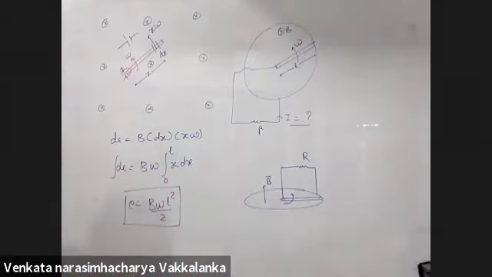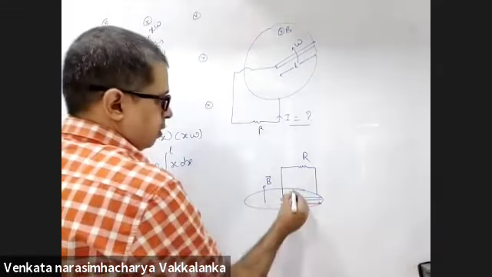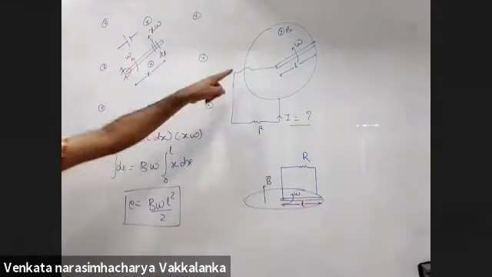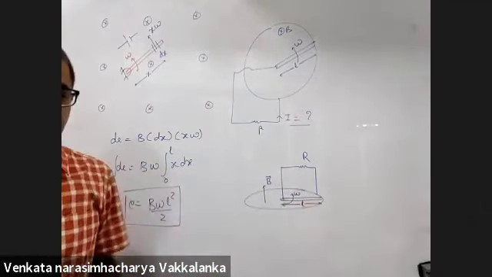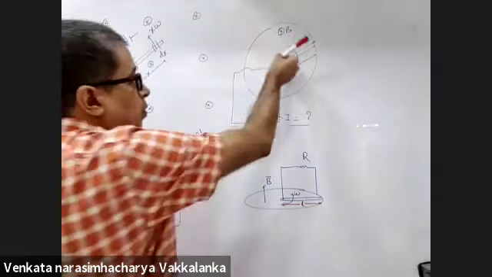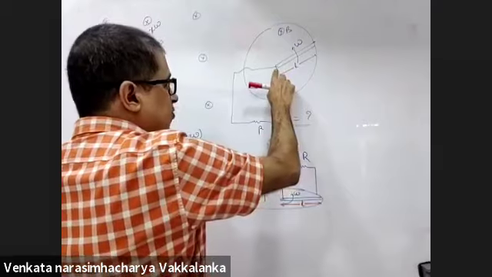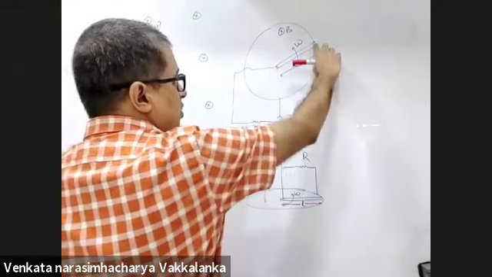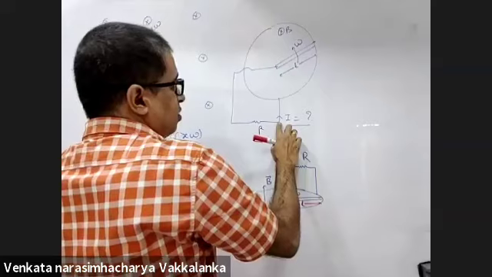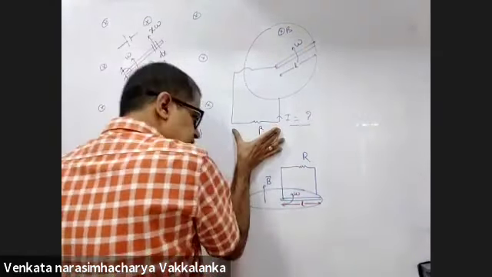Both the problems are the same, just a different view. This is the top view. Here the loop is in the plane of the board. Just visualize that. This is a thin rod rotating with an angular velocity inside a smooth ring. One end of the rod is connected to this end of the resistor. Other end of the rod is connected to this end of the resistor. That means whatever is the EMF across the rod, it will appear across the resistor.